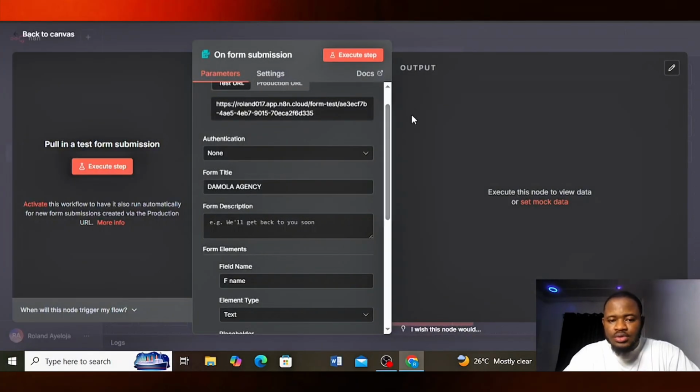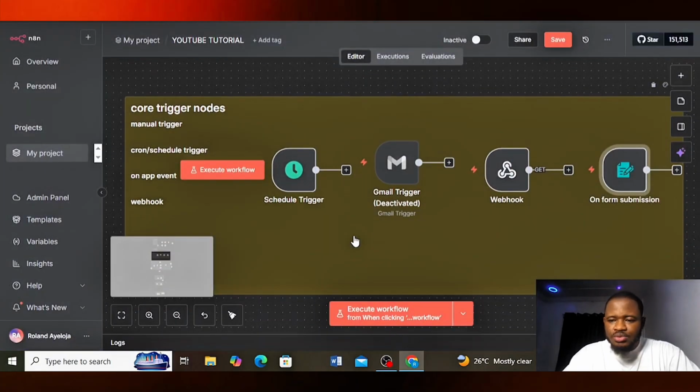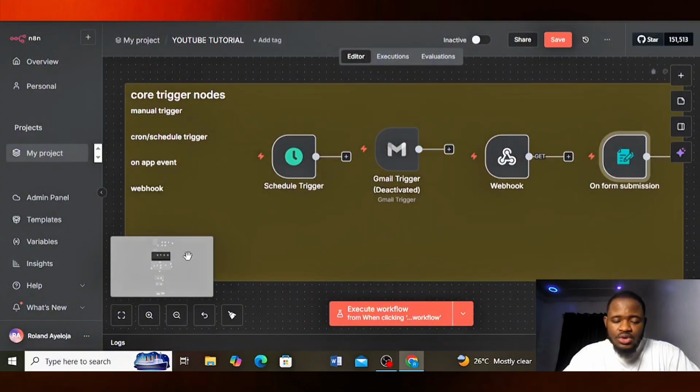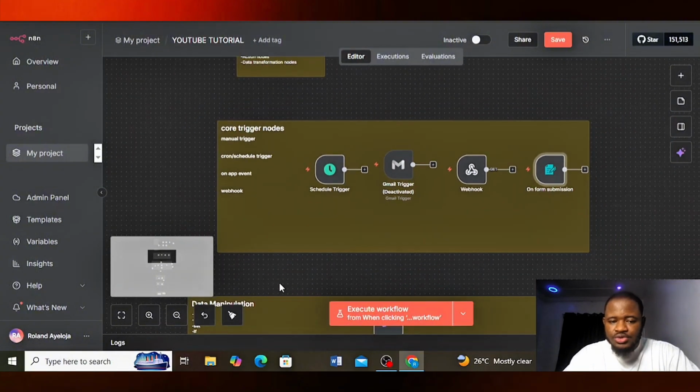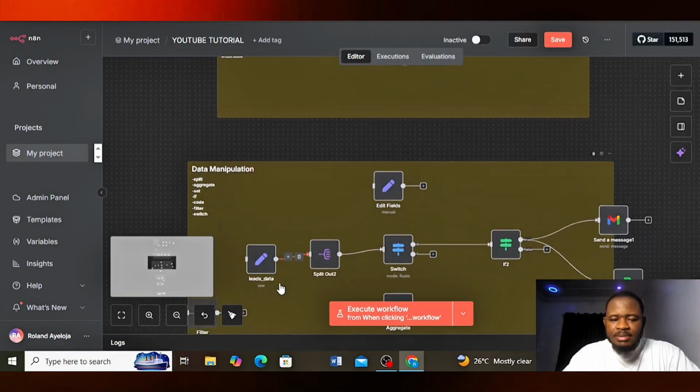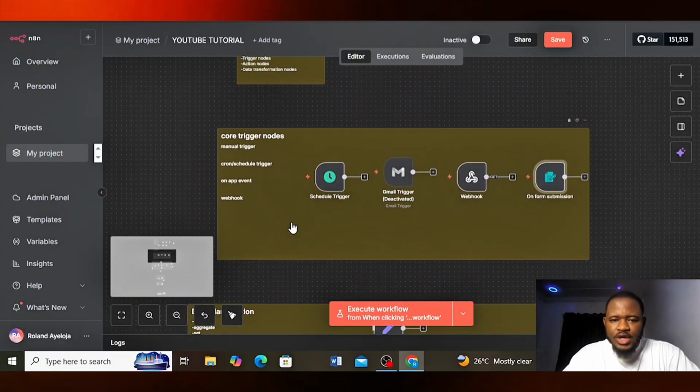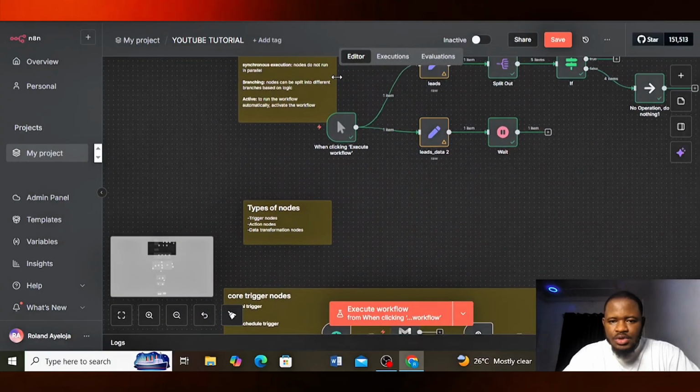So basically that is all about the core trigger nodes. Now we have data manipulation nodes. So if I just quickly do this,